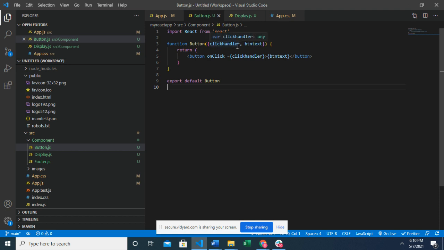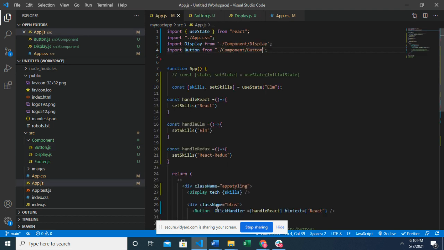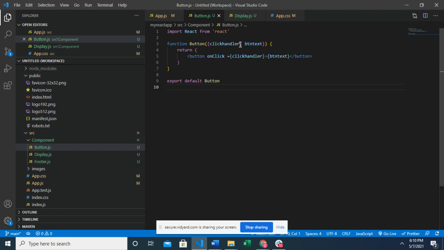Okay, so click handler. This is not the correct spelling. You have to be sure it's the correct spelling of what is passed. See what I passed here. Click handler. That's why that did not work. You have to be sure it's the right spelling too. Your JavaScript is case sensitive, remember? Okay,